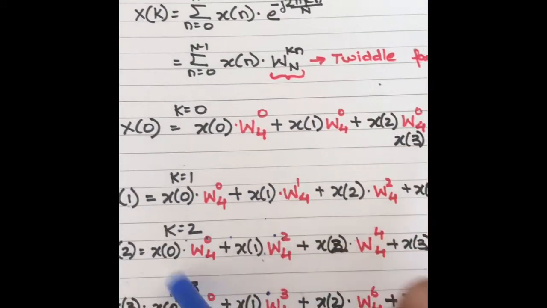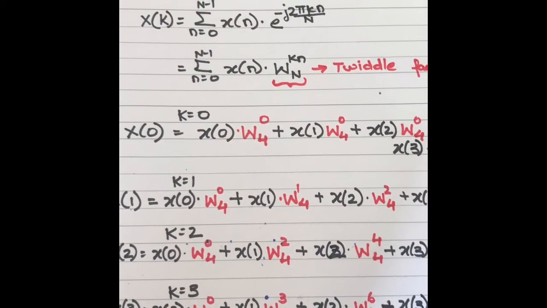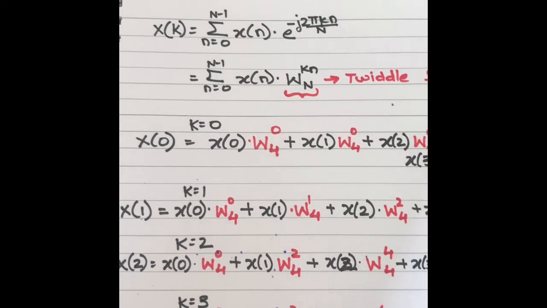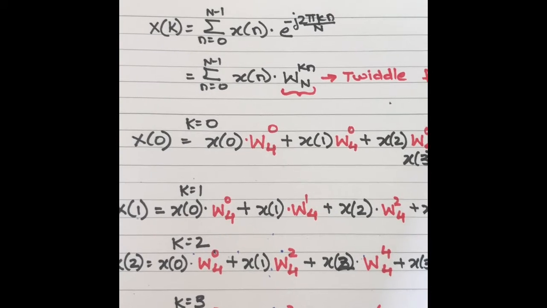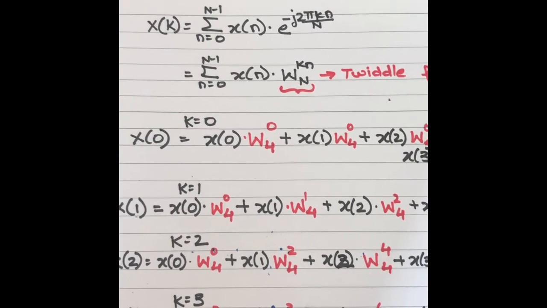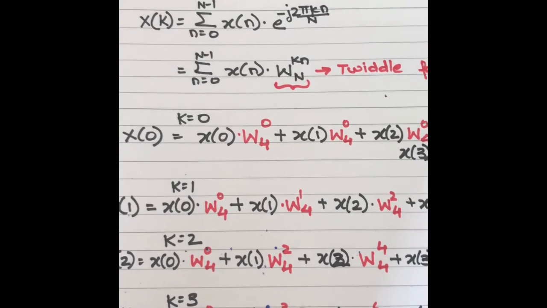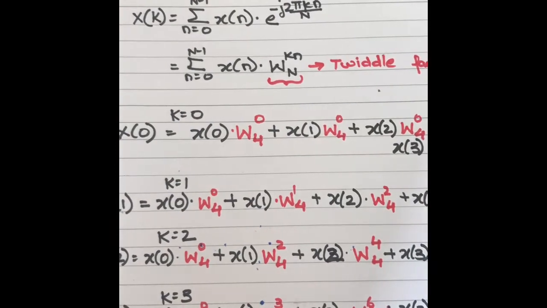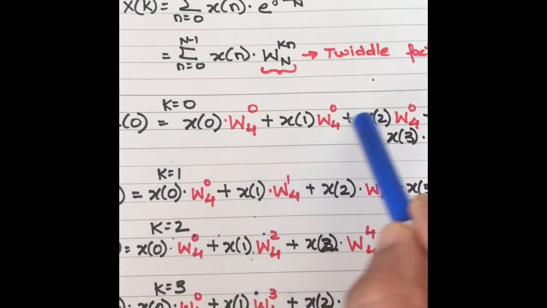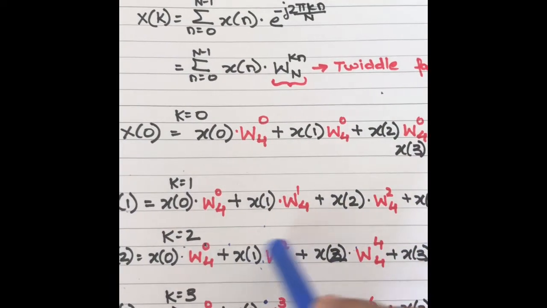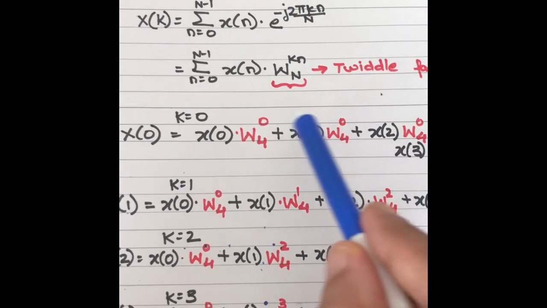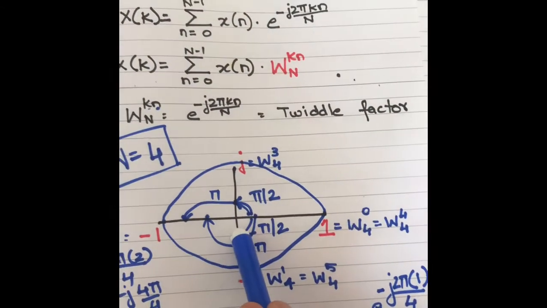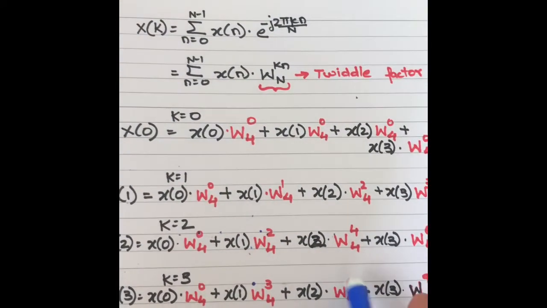Now, this can be treated as a template, wherein you can substitute any time domain signal which has 4 samples or fewer than 4 samples. Let's say your x of n signal has just 3 samples, and you want to evaluate the 4-point DFT, you can pad one 0 to that signal to make it a 4-point time domain sequence. And then substitute the values here, x of 0, x of 1, x of 2, x of 3, you go and substitute those samples and multiply it by the twiddle factors. The twiddle factor values we have evaluated here, and you will get the output.